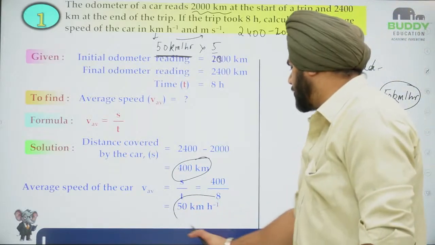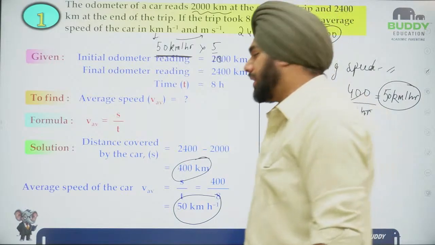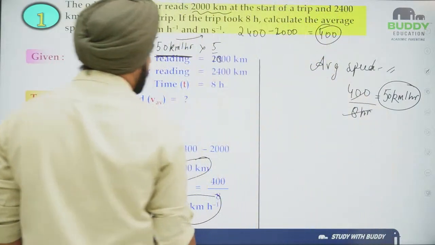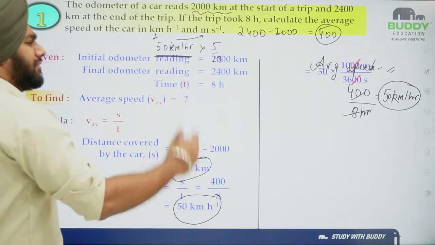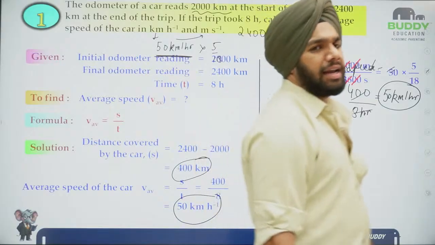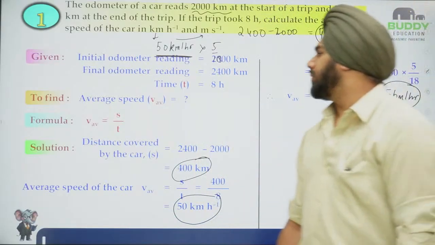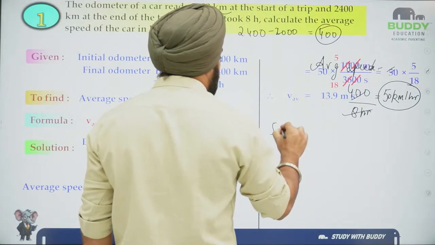So this is the velocity that we already solved, right? 50 km per hour. Then we can find out in meter per second. So just multiply it by 5 by 18. They have used a simpler method, but we have already discussed it directly, right? So 50 into 5 by 18,